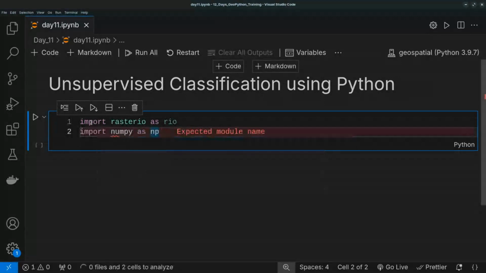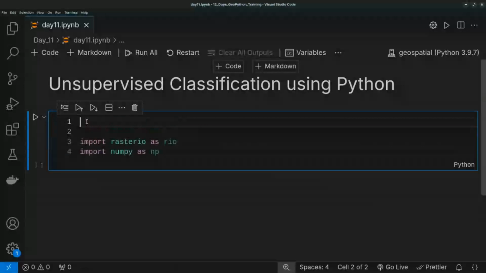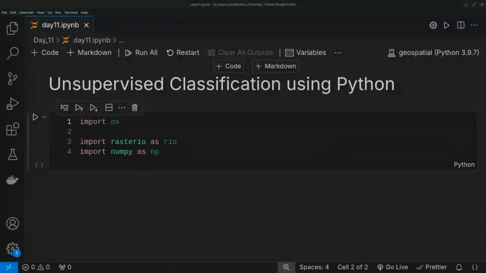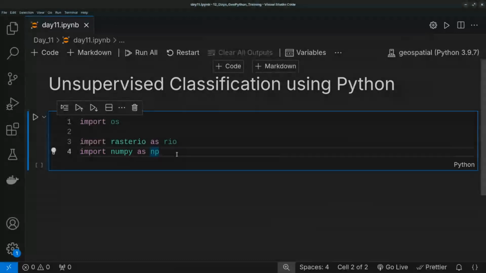Let me import os at the top. It is not compulsory to put it at the top, but it's recommended that if you are importing the default packages that come with Python, you do so at the top, and then other packages can come in. That is why I'm importing os at the top, but you can import it at the last and nothing will happen. After NumPy, we also need